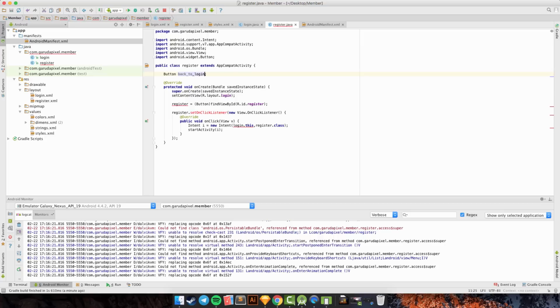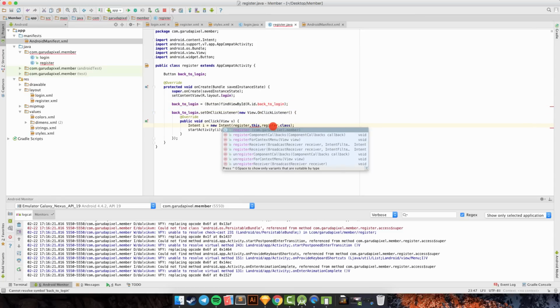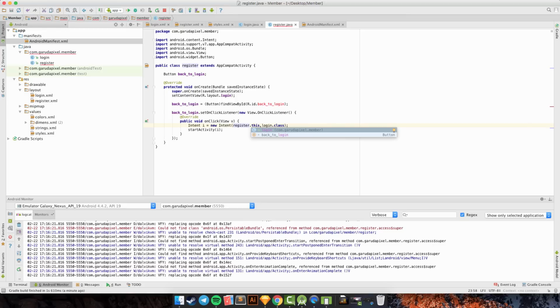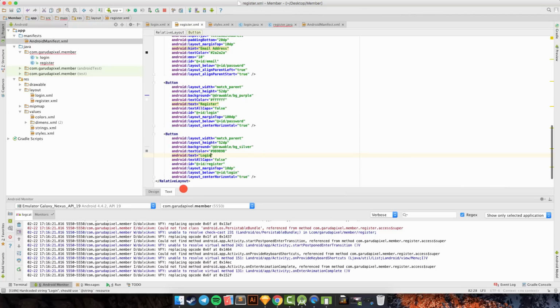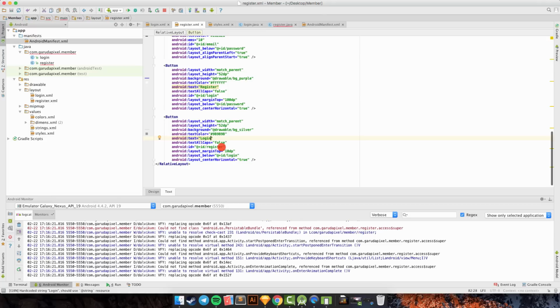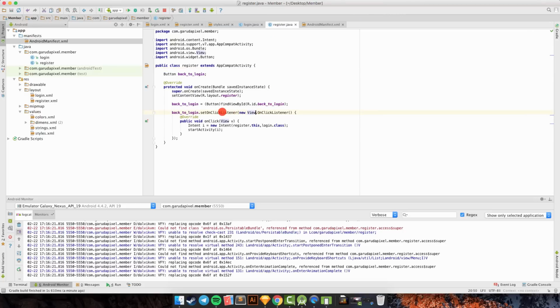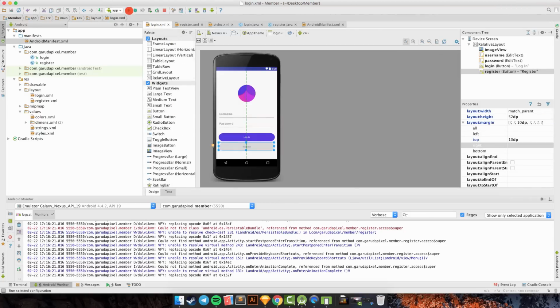Okay, and we can copy and paste, and this is the register and this is the login, so it goes back to login from the register, and the layout for the register. Go to register.xml and go to text, and then you can see here the ID. You can change it to back to login. We go to register.java. Okay, we have that, and then we can run our application again.